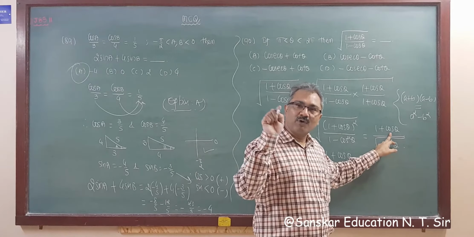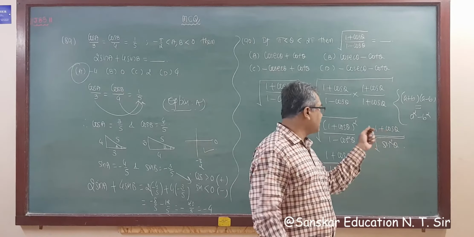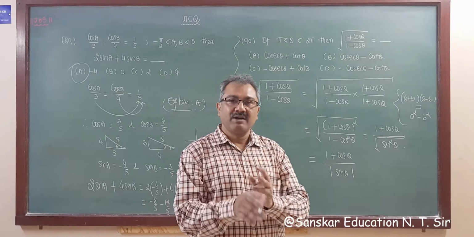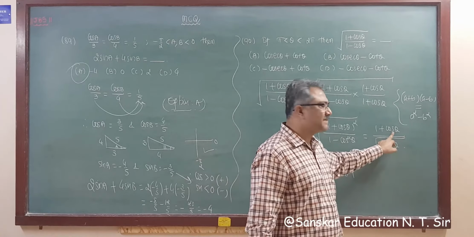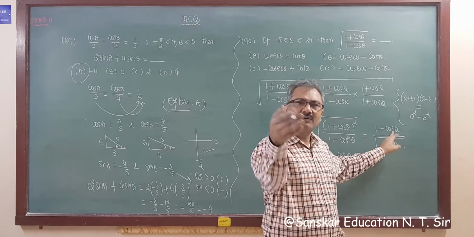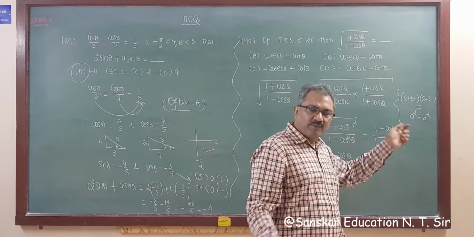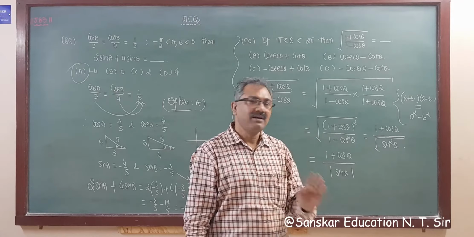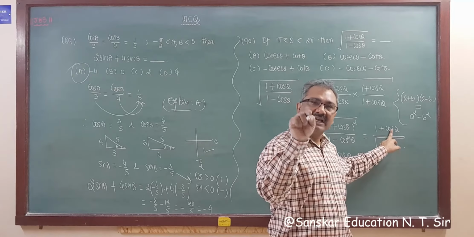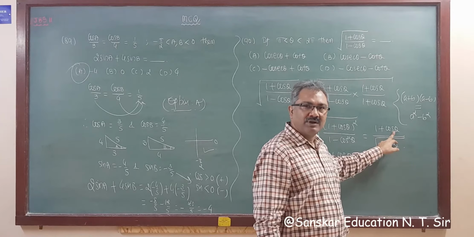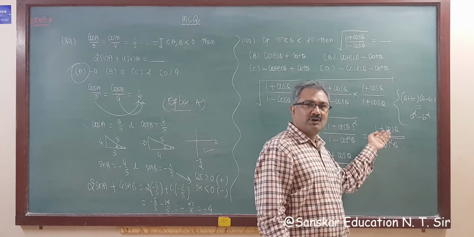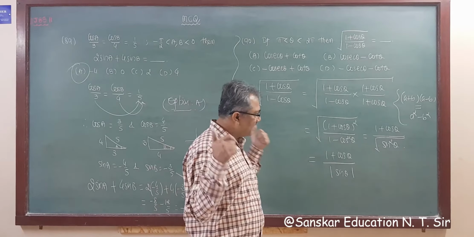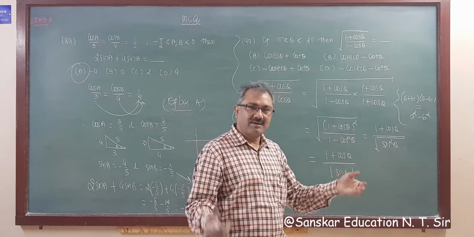The maximum value of cos is plus 1 and the minimum is minus 1. So if you take minus, then this is positive, always more than 0. Suppose you take minus 0.9, then 1 minus 0.9 is positive. And if you take a plus value, then this is always positive. No worry about plus, but for negative values you have to think about the sign. If we take the minimum value, minus 1, it is 0. And 0.9 minus is always plus. So that's why we are taking plus. Got it? Fine. And if you have any problem, then call me directly.